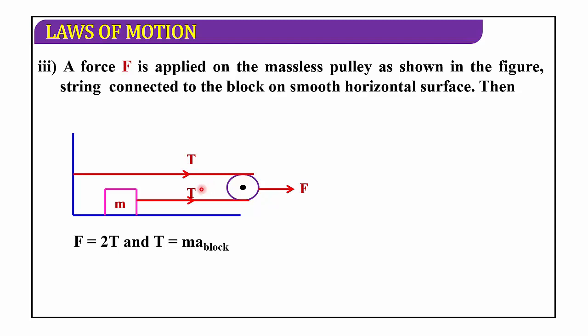So you can observe T plus T. One is connected to the block, right? You can observe the frictionless pulley. This string is connected to the pulley like this. Like this it is always connected. It starts to rotate like this along the pulley. So T plus T will be how much? 2T. 2 times the tension is equal to the force in these cases. And tension is F equal to M. Keep as it is.